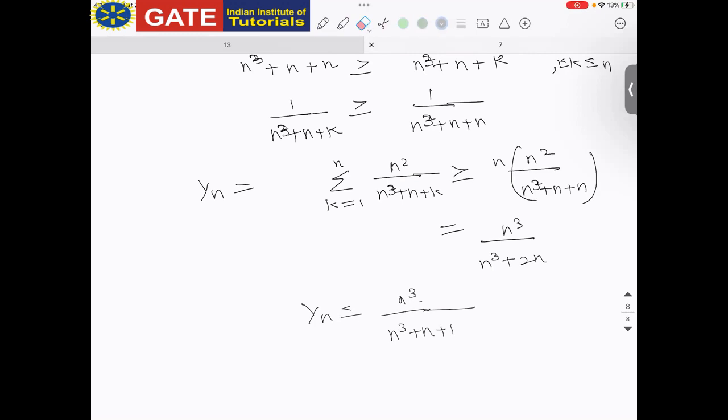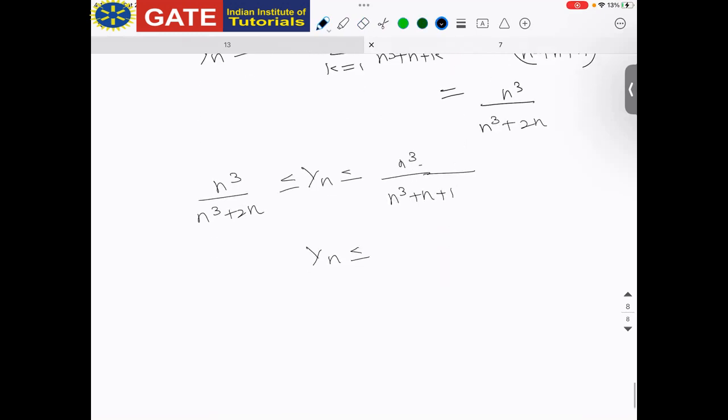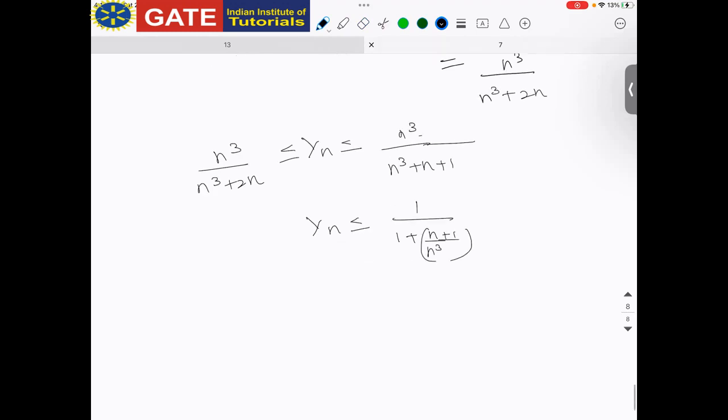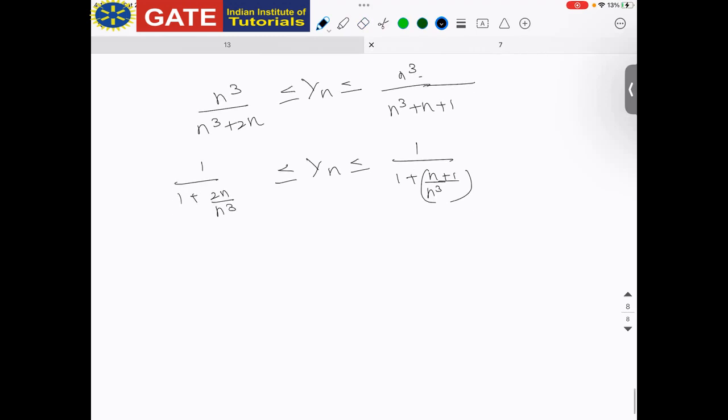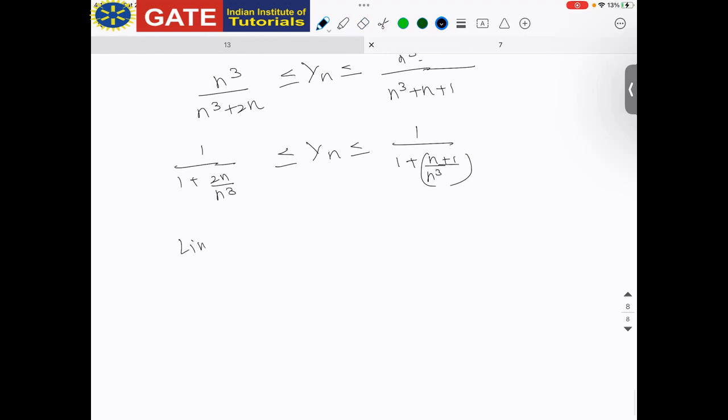Now yn is lesser than or equal to 1 by 1 plus n by n cube plus 1, and greater than or equal to 1 by 1 plus 2n by n cube. Now limit n tends to infinity, 1 by 1 plus 2n by